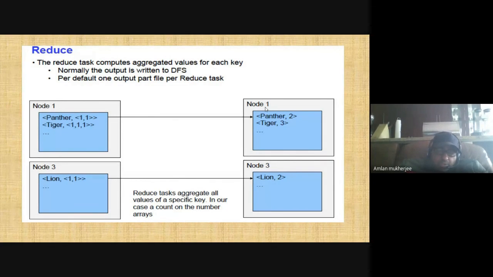And I already told you about the scalability factor, about the reliability factor, because your data is not in one place, it is distributed. Okay,